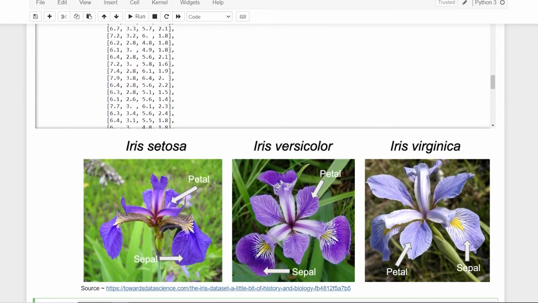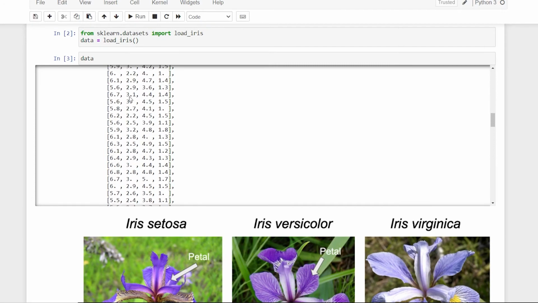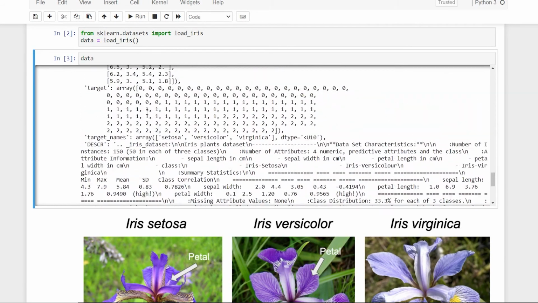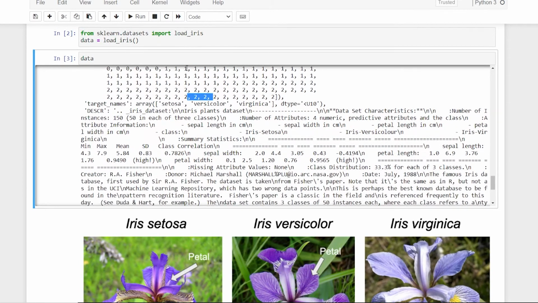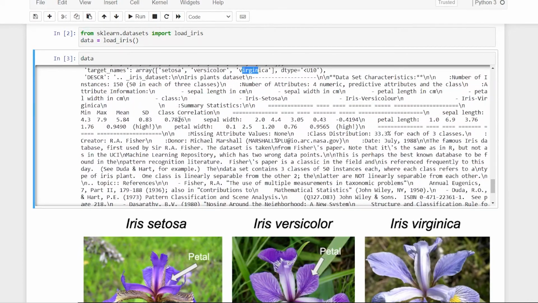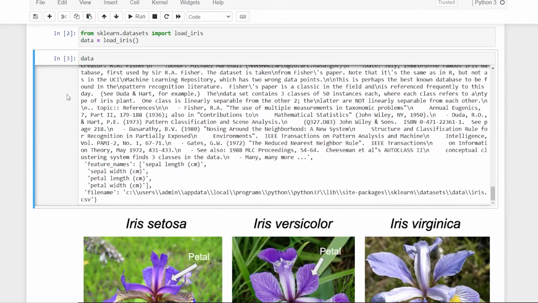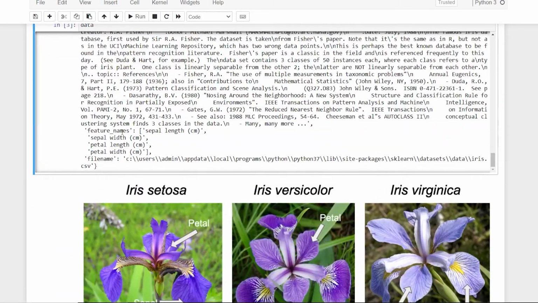All right, so this is a data set of like 150 values. So these are sepal length, sepal width, petal length, petal width. Then we have the targets, which are 0. So 0 is setosa, then 1 is versicolor, and 2 is virginica. All right, so this is the name of setosa, versicolor, virginica. Like I said, 0, 1 and 2. And later on, this is just the description that you can get and everything. All right, so this is it, and these are the features. Like I said, sepal length, sepal width, petal length, petal width, and this is the data set.